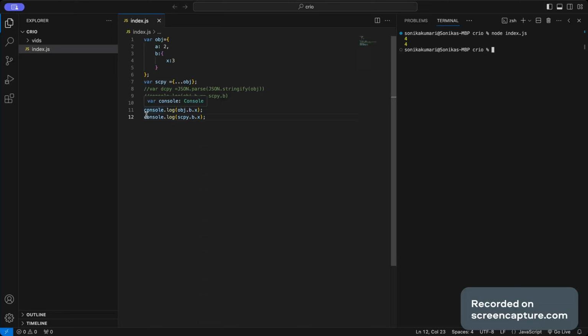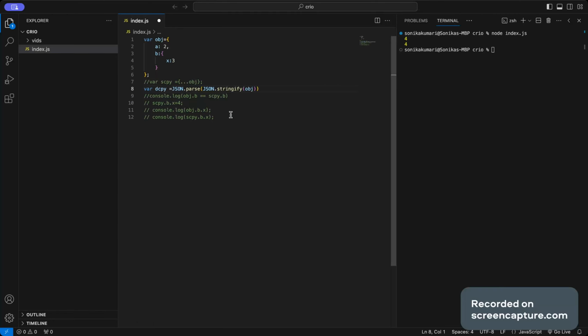Now let's discuss a deep copy. So deep copy is basically removing this dependency which we have for nested objects in shallow copy, that in both the copies, the reference will be pointing to the same nested object.